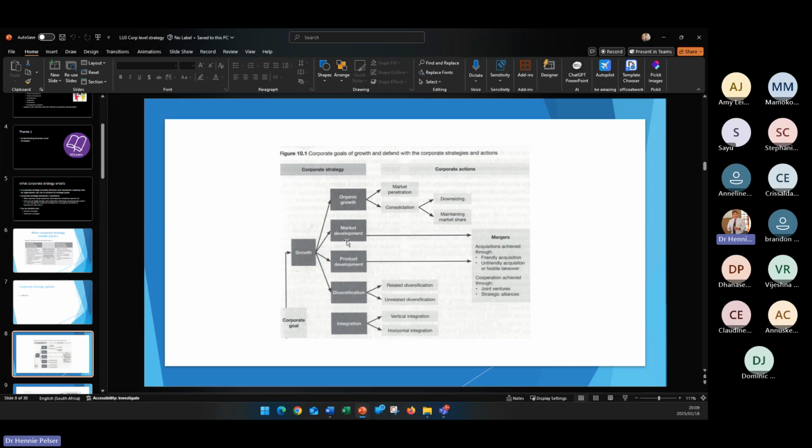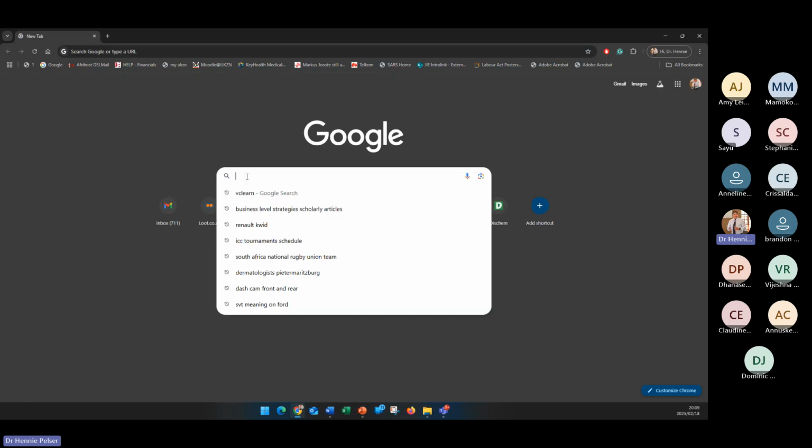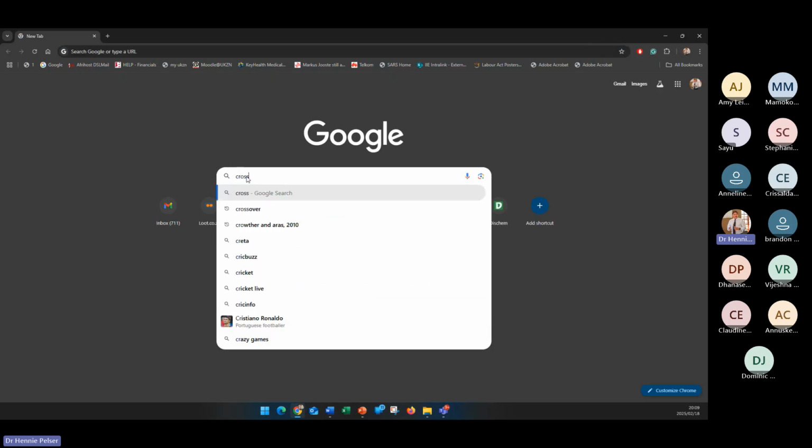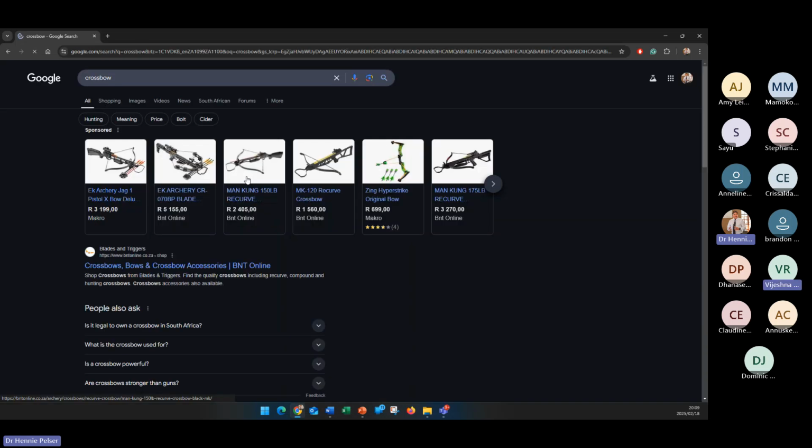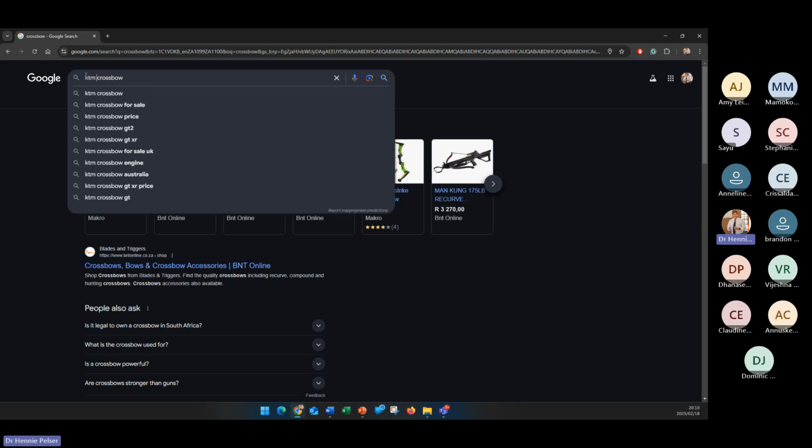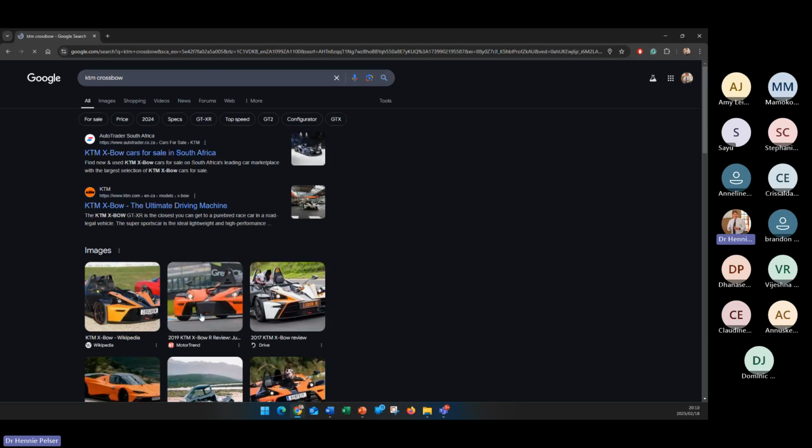Diversification. Now, there are two forms of diversification. Related diversification means that you stay with your core technologies. So, for example, KTM, the motorcycle manufacturer, have their crossbow, and I'm trying to not rush because I want to finish. Hold on, I've got a bit of time. So it is KTM, the motor, and I know they're in trouble, and we know that one of our boys races for them. KTM. Please don't tell me that I've got this wrong. Okay, it's that guy there.